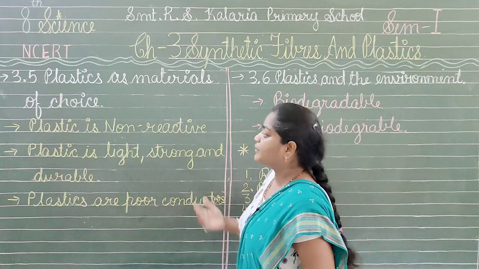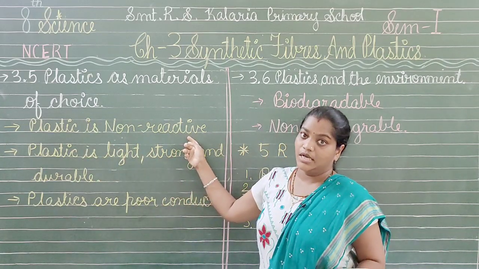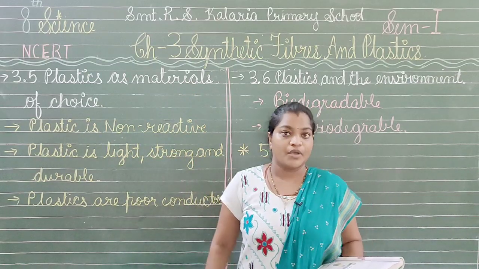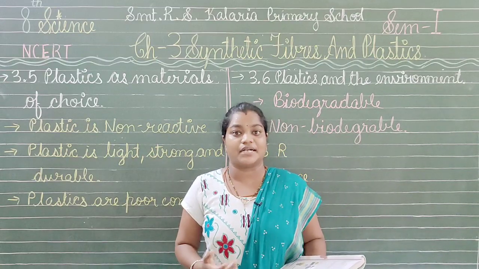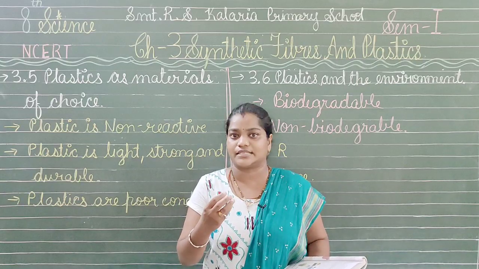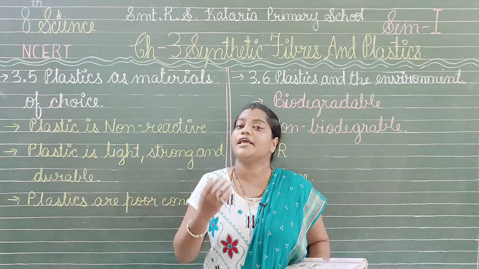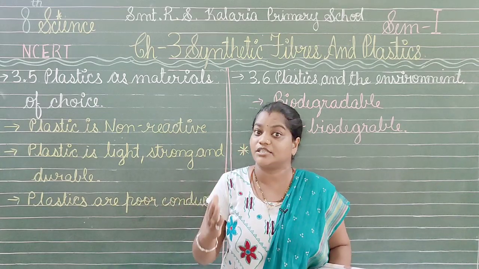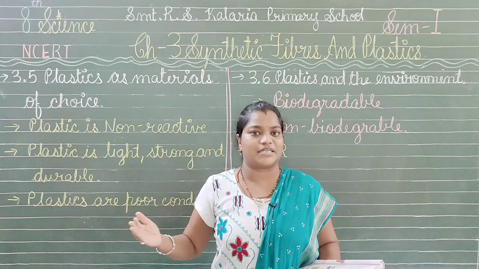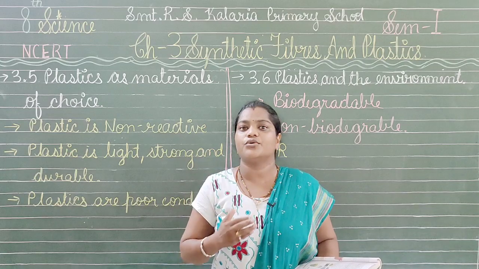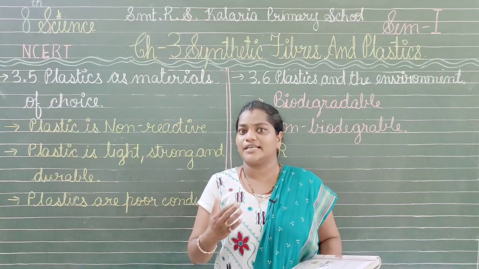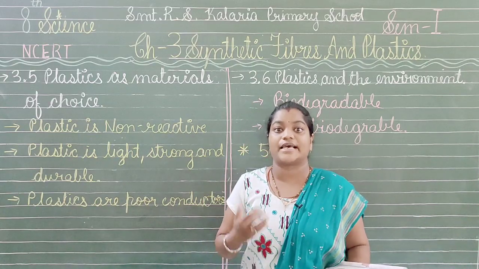Now here we have the next topic, which says that plastic is non-reactive. One reason why plastic is our first choice is that it is non-reactive. What does it mean? When we place pickles in a container in our kitchen, we used to have containers made of glass. But we know that pickles and any other substances we can put in a plastic jar also. What will happen? As plastic does not react with any substances or chemicals, it is widely used for every purpose, in labs and even in kitchens. So it is a good choice to have plastics as the first one.